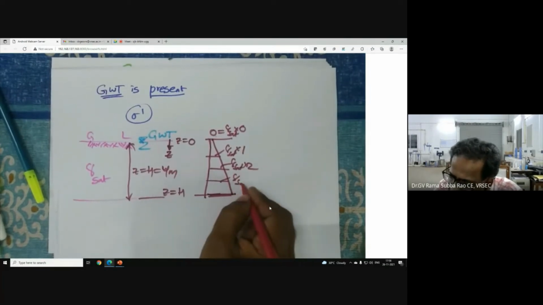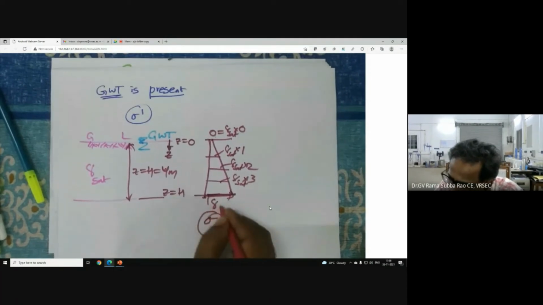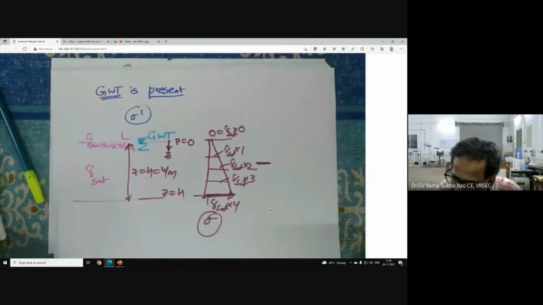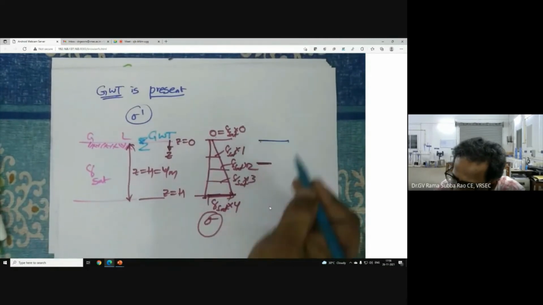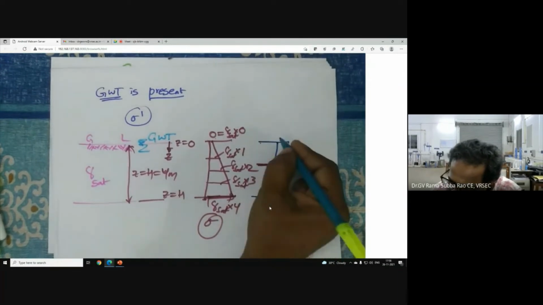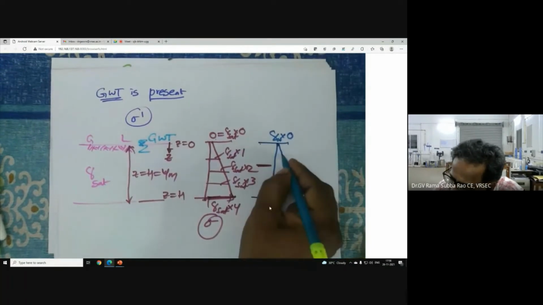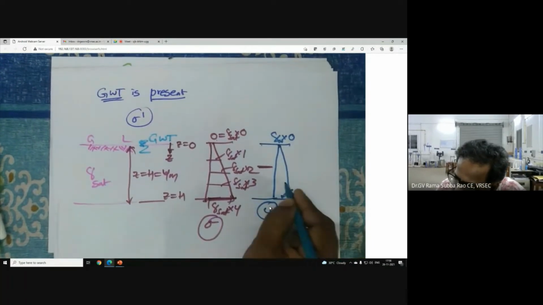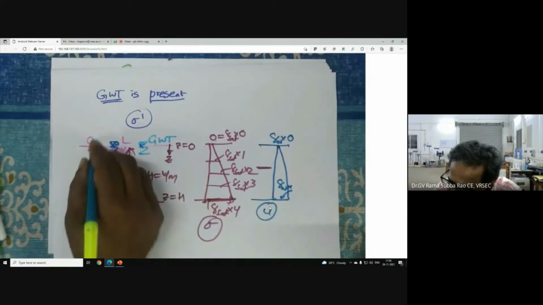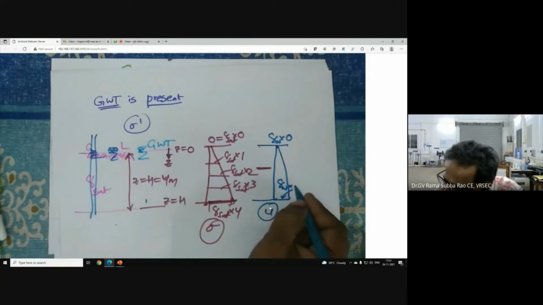Now, anyone ready to tell what is the total stress at the bottom? Gamma sat into 4, minus, let me pick up another color for better understanding. For water pressure, we multiply gamma of water with the depth, which is 0 at the top. Now what is this one? Gamma of water into the height of the water. Here the water table is at ground level. If I insert a piezometer, I will get the total head. So gamma W into 4.